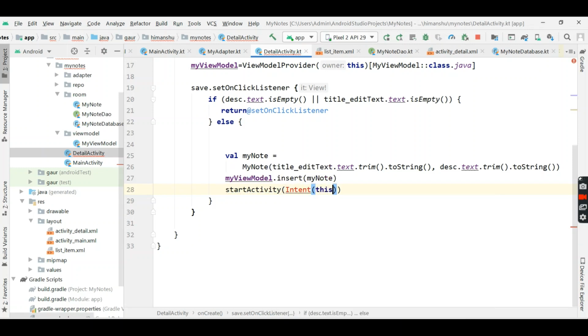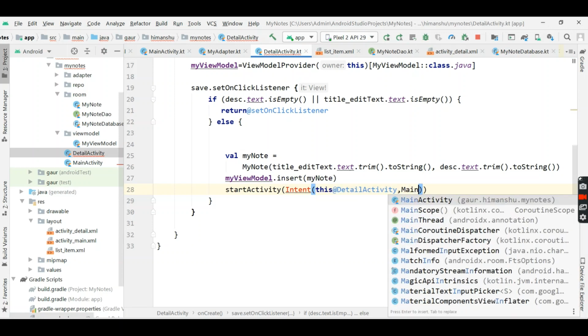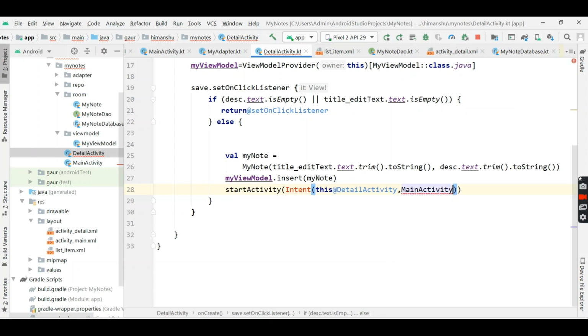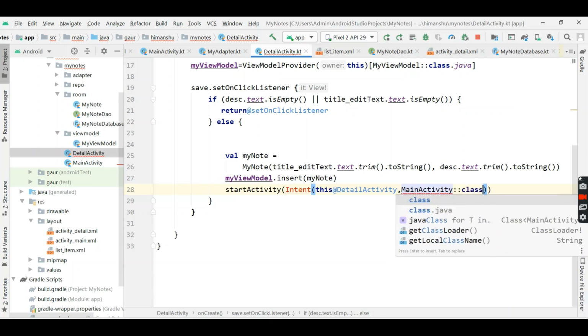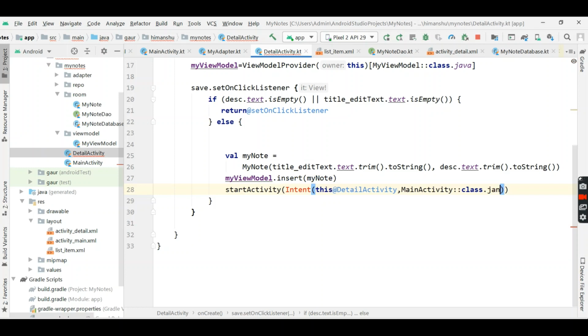So pass this detail activity, and our main activity class dot java, and finish this.